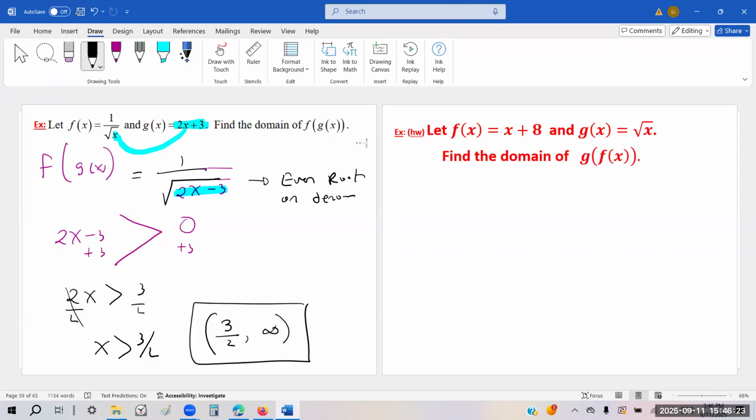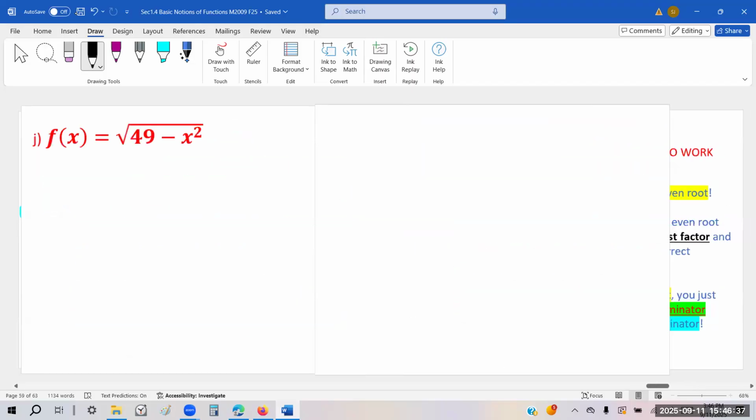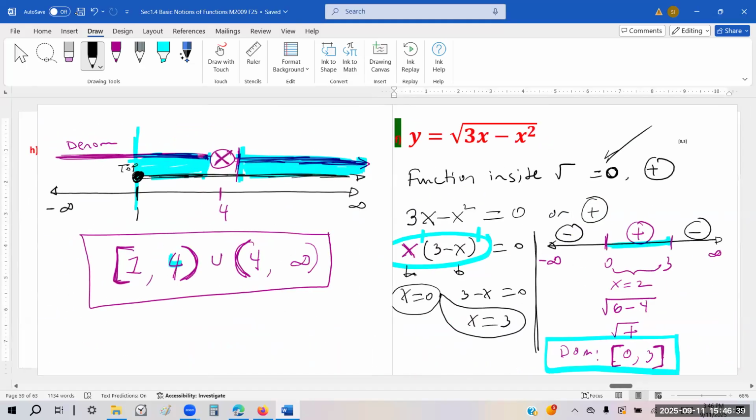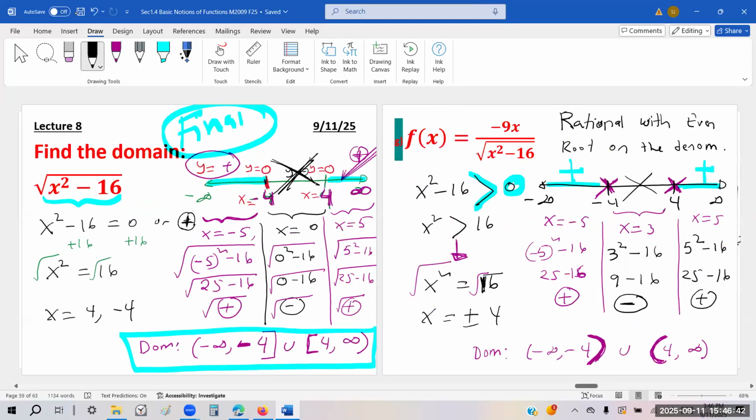Is this on? The thing was crazy. This one is more complicated. But we already did that, right? It's an even root on the denominator. So as long as you know these 4 types, we did that. Come on, here. See the second problem, even root on the denominator. So you already know that. So confused. You need to go to the